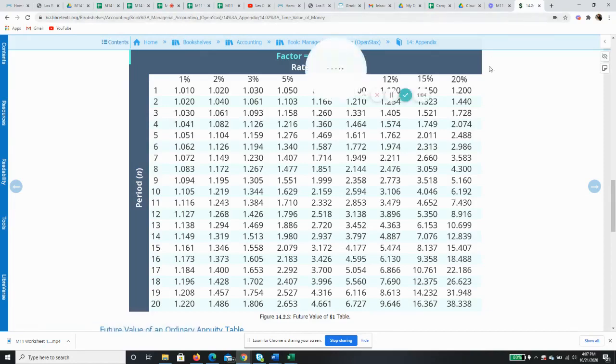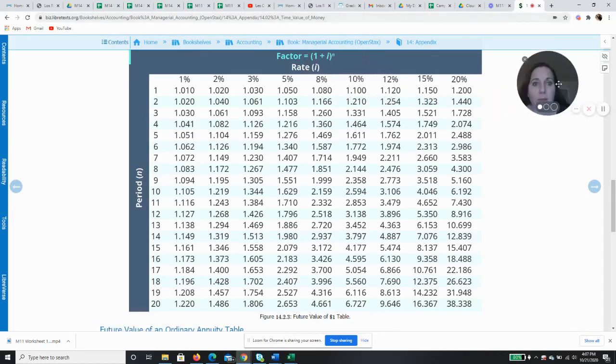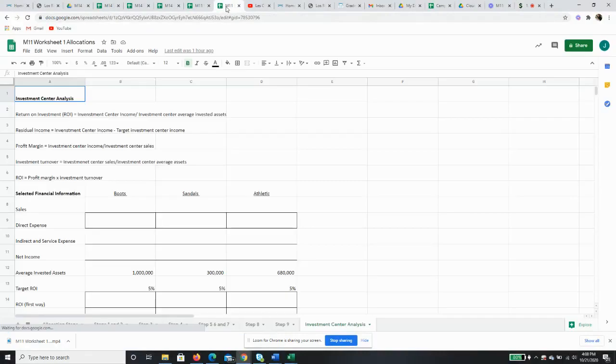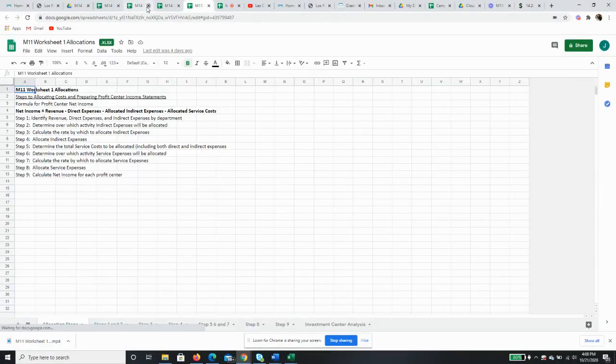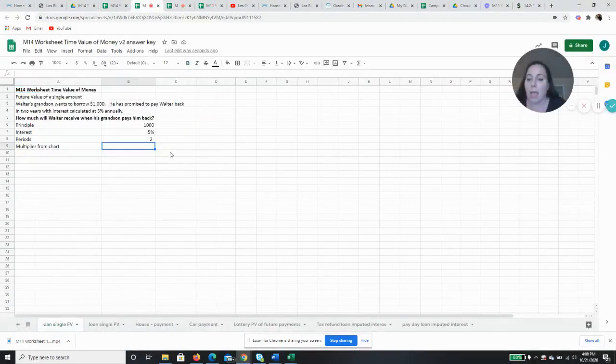And we're going to go to our chart for future value. Right here it says future value of $1. Okay, so we have 2 periods. So we're looking at that right here. And Walter's grandson is going to pay him 5%. So our multiplier, if we look 2 years and 5%, is going to be this amount right here, 1.103. Okay, so I'm going to go back. Here we go. And our multiplier will be